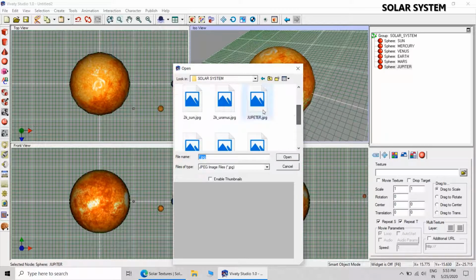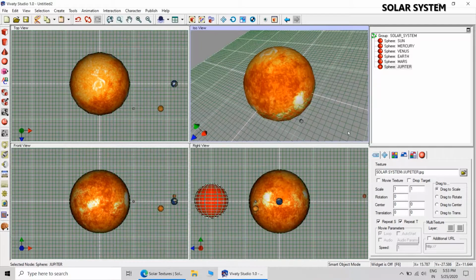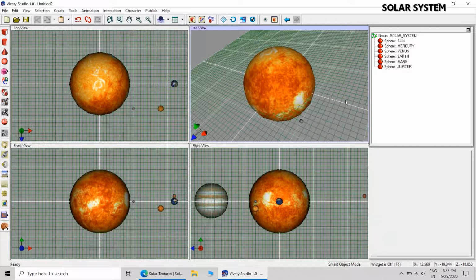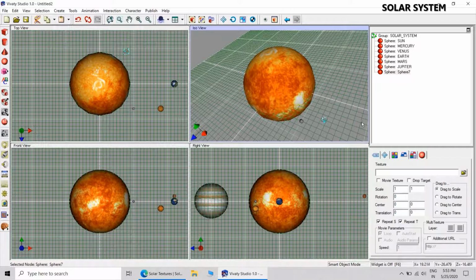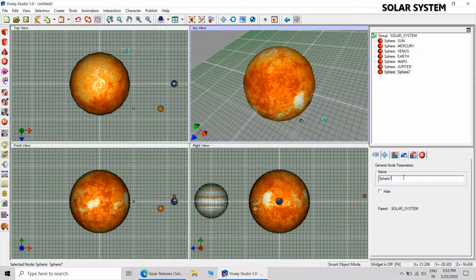Let us apply the texture of Jupiter. Yes, that completes the creation of Jupiter. And we will be moving to the next planet. Immediately you can see the effect in different views. Next planet will be